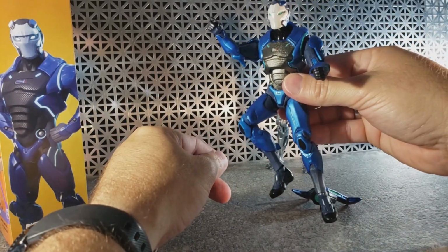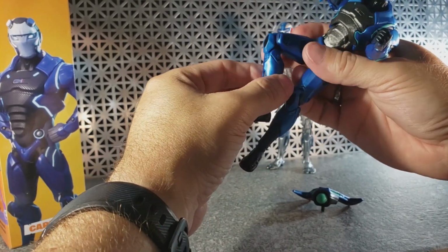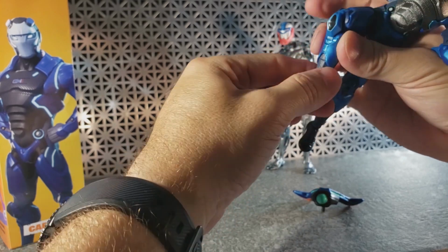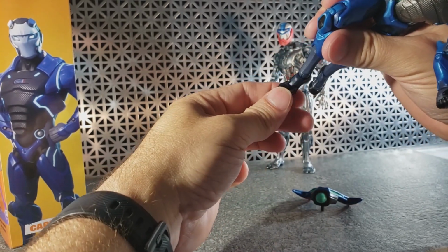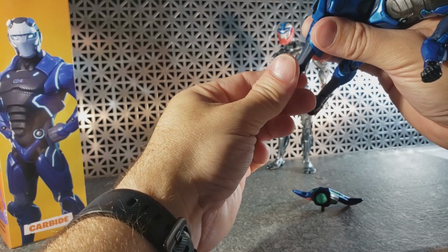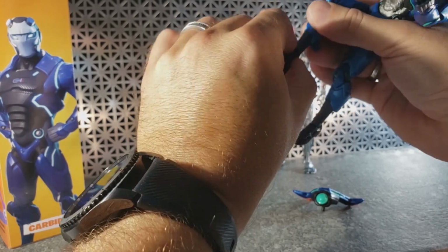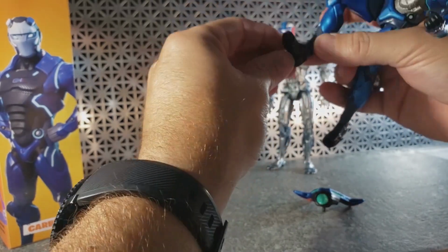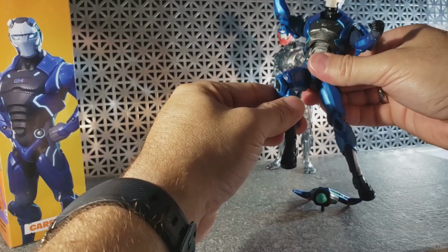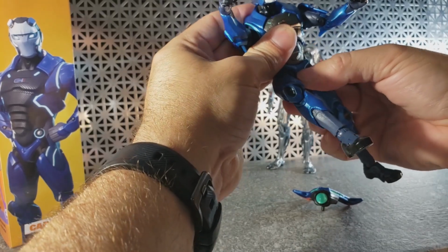Double jointed knee, you can see how far up he can get there. And then no boot cut, no thigh cut, no calf cut there. Just checking to see because it looks like, but no, there's no turn there. Toe hinge, ankle, ball pivot there. Very nice range of motion. And again, that will depend on how you have that ball turned, but you could go all the way there. So you can get some really good poses and forms out of him,